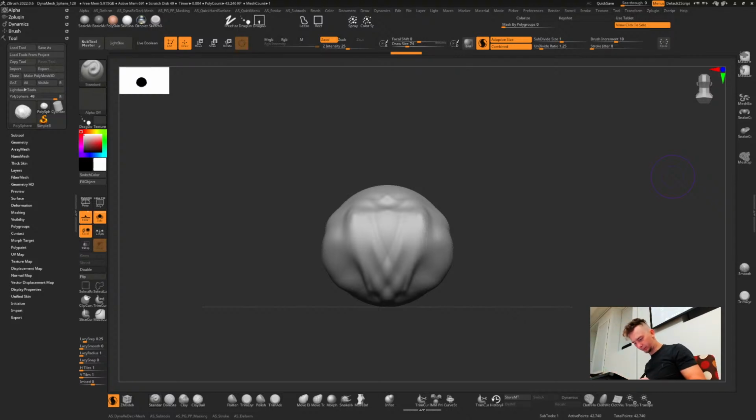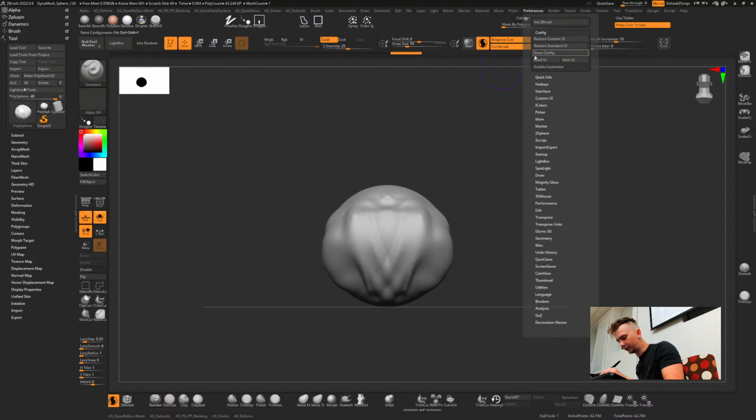Okay, so I'm just gonna load preferences, config. My laptop is not really performing that great lately. I'm seeing a lot of lag.